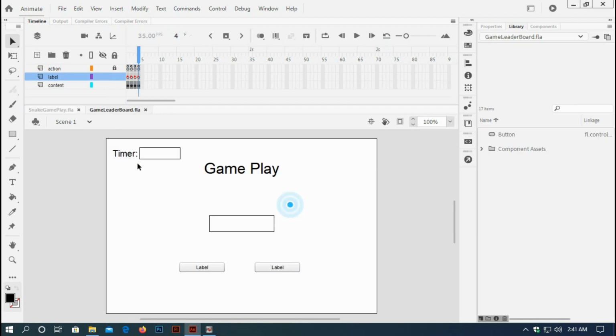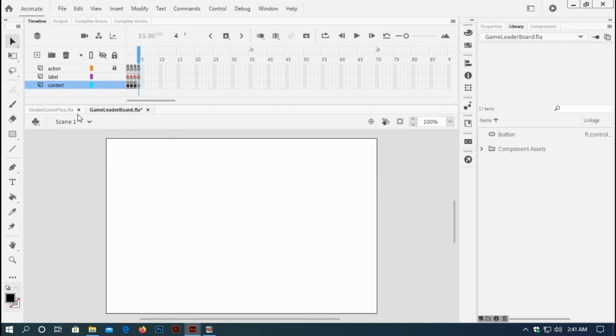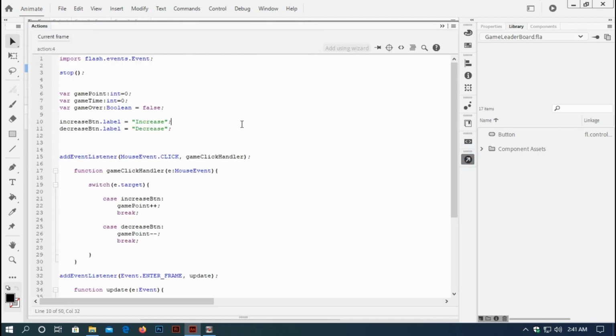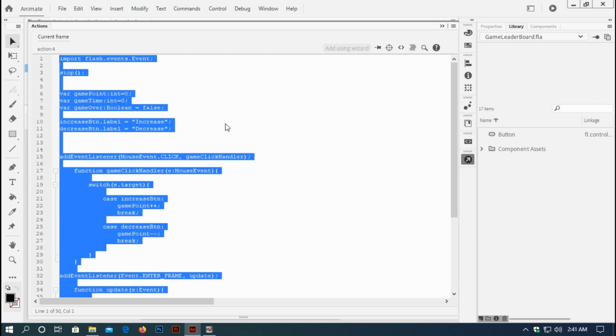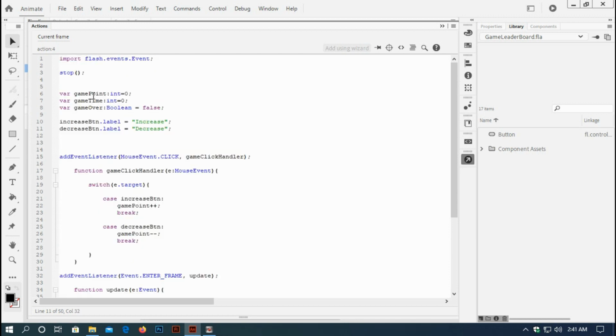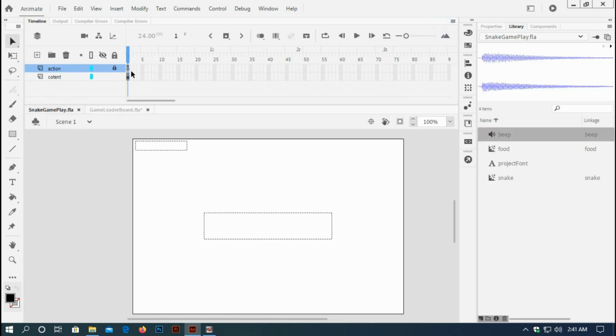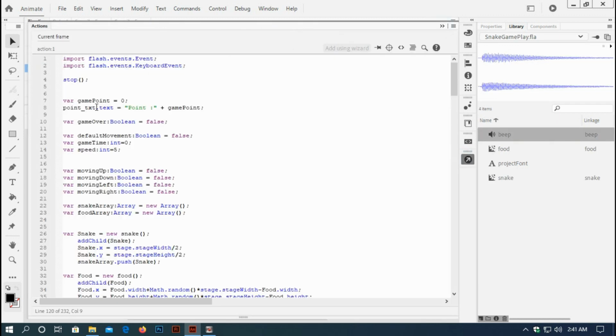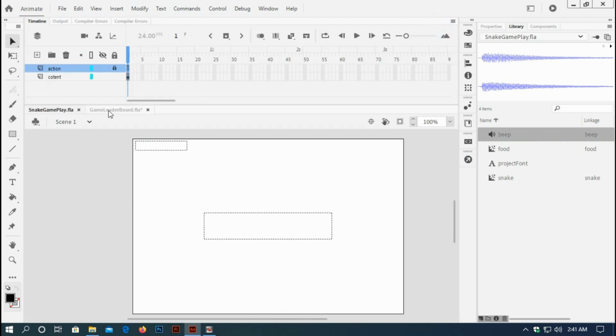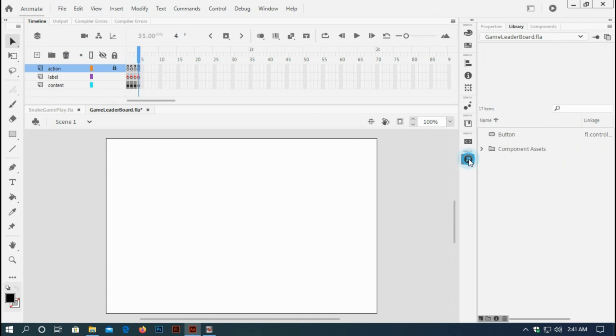Okay, so just select everything on stage, delete, and also go to the action panel, select all and delete. One thing I should inform you is that here I have also a game point, and here also I have a game point. So the point doesn't matter, it won't throw any error. So I'm going to delete everything